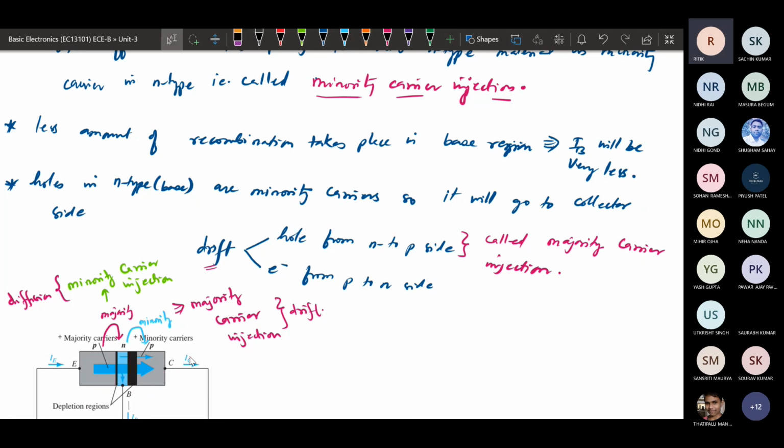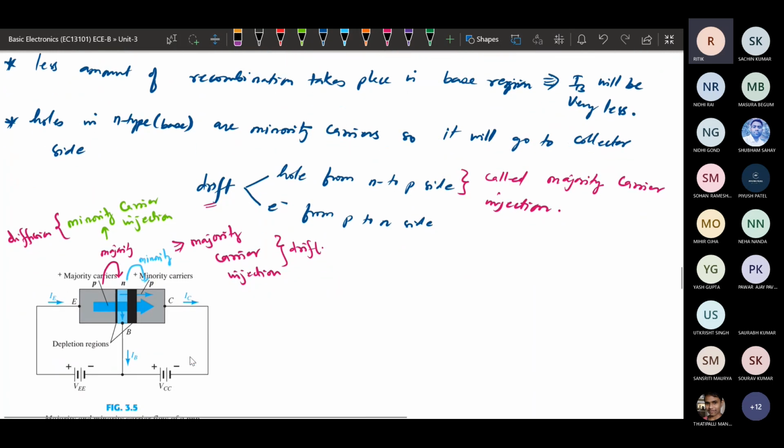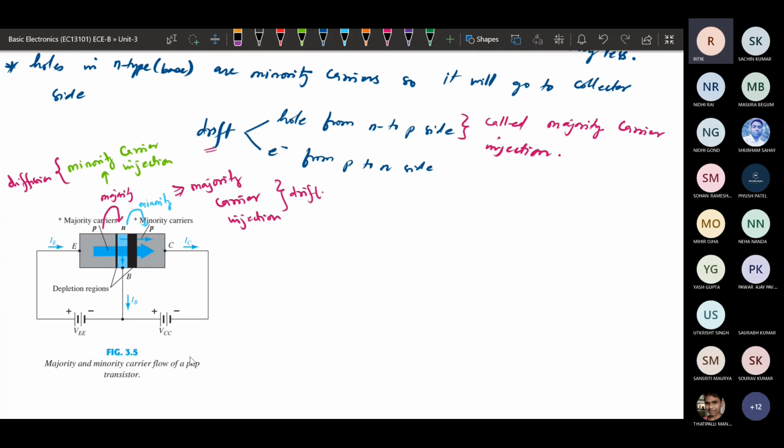Once we combine the forward bias region and the reverse bias region, both will constitute the transistor operation. I think you have got the concept of how the current flow takes place in a BJT.